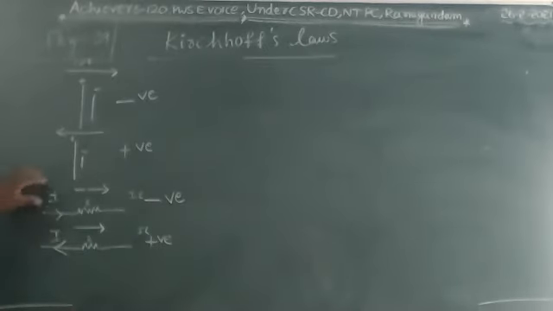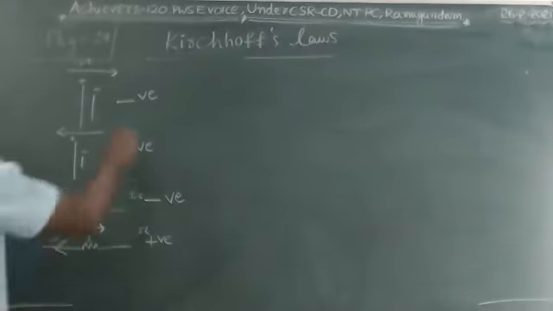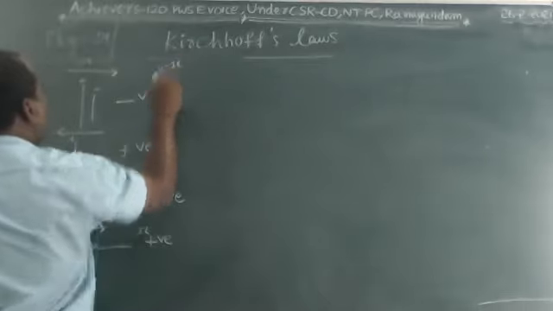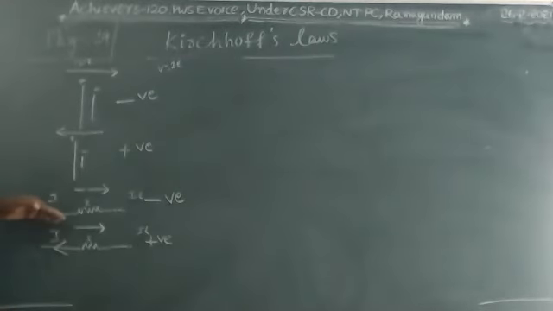See, when the potential difference across the resistance and the current are in the same direction, then those IR values are negative. If these directions are opposite, then the IR values are positive, because of the potential difference formula V equals I into R. But if the current direction and potential difference directions are opposite to each other, then you have to take the values as positive here. Keep it in mind, children.